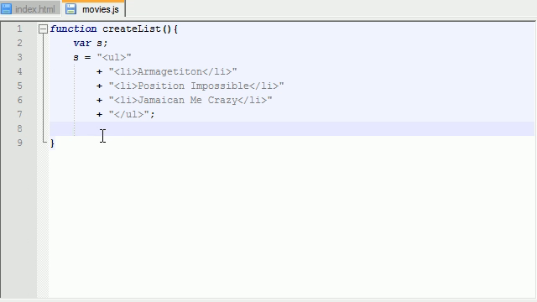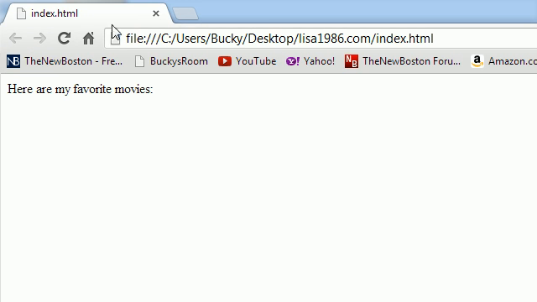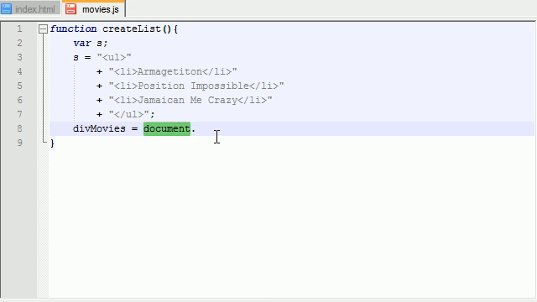Another thing I like to do, whenever I'm working in my JavaScript file, is name my variables the same as whatever my div was named. So the variable is div movies, and of course, in order to reference anything in your web page, just write document. If you don't know, the document is pretty much the body of your web page. So all the head stuff is for search engines, and the title too. This big white thing is the body of your web page. So that is pretty much what the document means in JavaScript. It's the body. So in the document, in the body, get